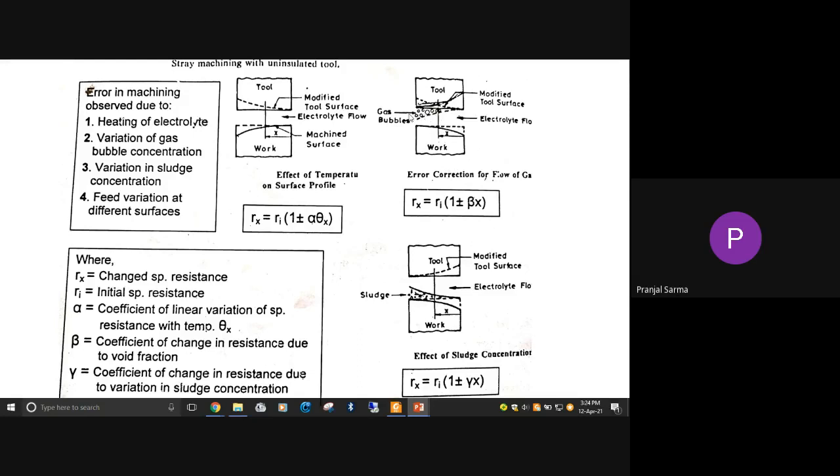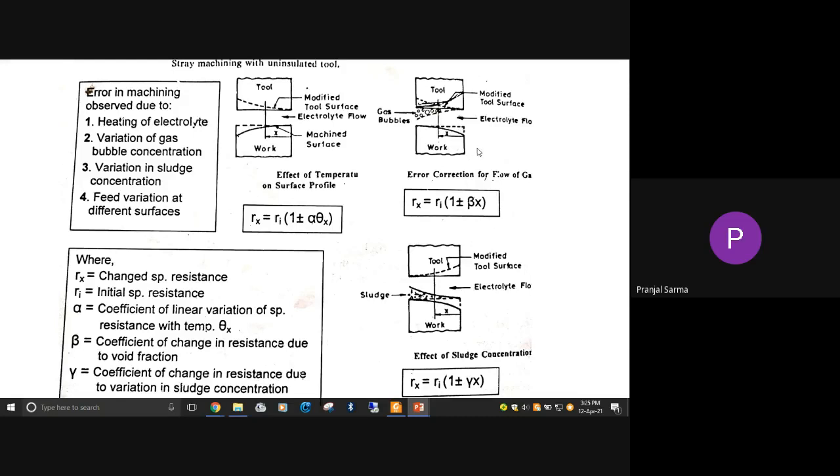Excessive gas bubbles may form here, which may hamper the proper machining. Whenever there are excessive gas bubbles in this process, they act like insulation, so machining will not take place there, and below it, which is free from gas bubbles, machining will take place. We expected a straight kind of profile, the dotted line, but